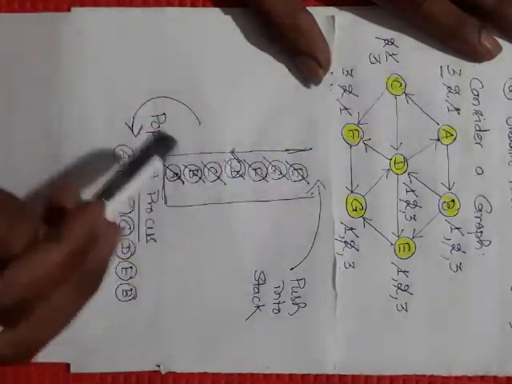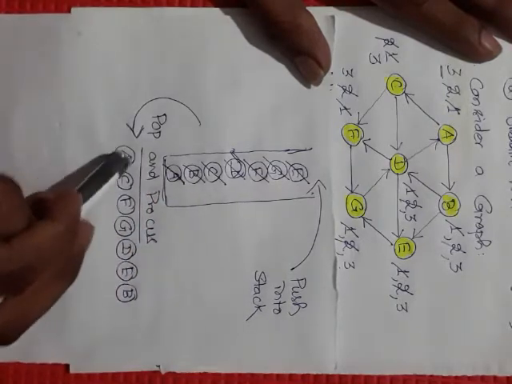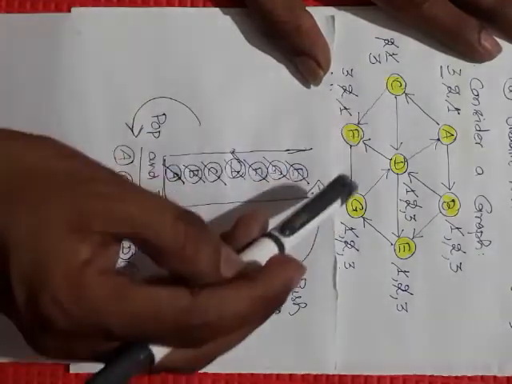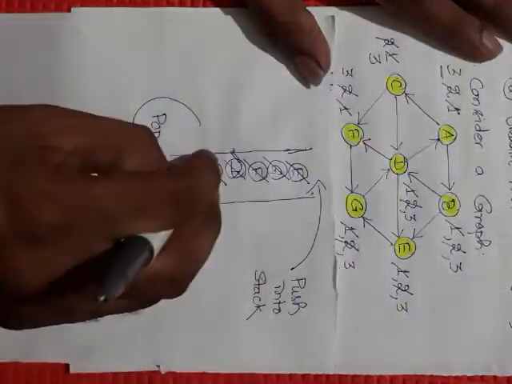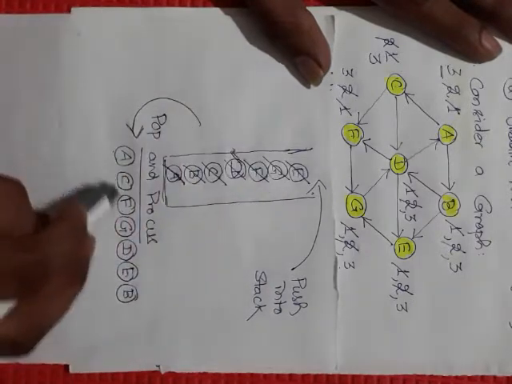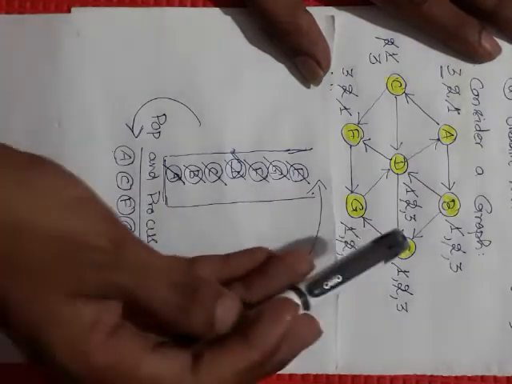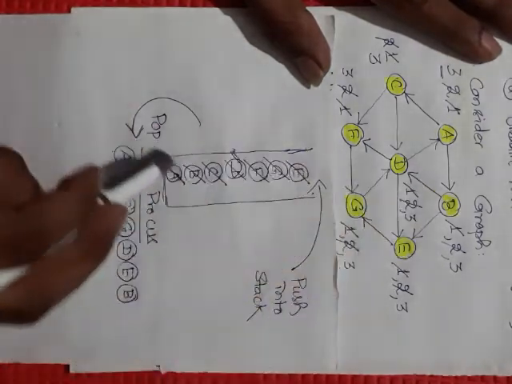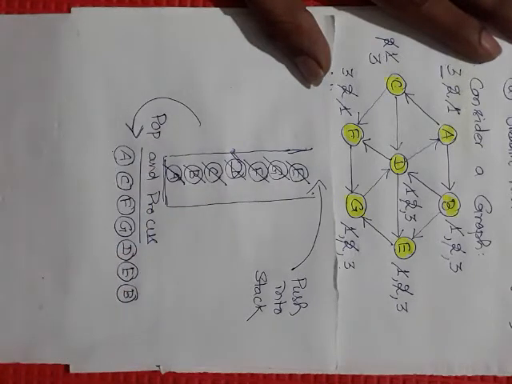Then start with the while stack is not empty. Pop that node and process it, and all the adjacents of A, say A having adjacent C and B, which are in ready state, push into the stack. Again pop a node and process it. Whatever the adjacents of that particular node which are in ready state, push into the stack. This is the process we will be continuing till the stack is empty. And so I think you have understood, this is what is called depth first search.